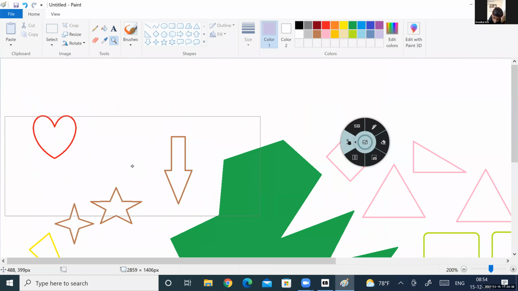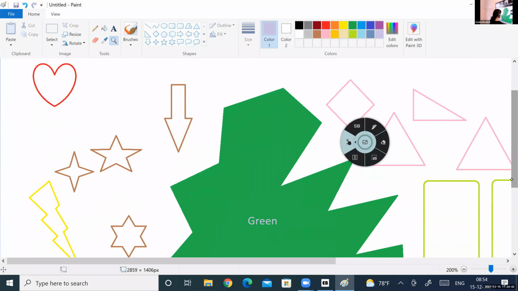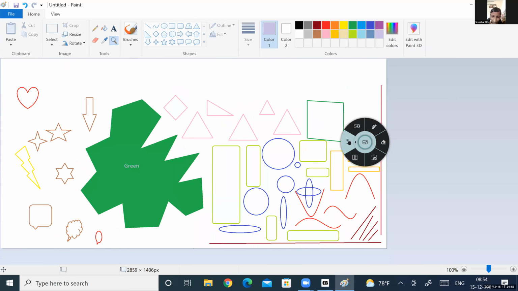What can we do to see that green? We can use the scroll bar on either side. See, it's bigger, isn't it? Now on the lower part of the screen on the right side, we have this plus and minus to increase and reduce the zoom. Zoom in and zoom out. Reduce it, and it becomes the normal one again.